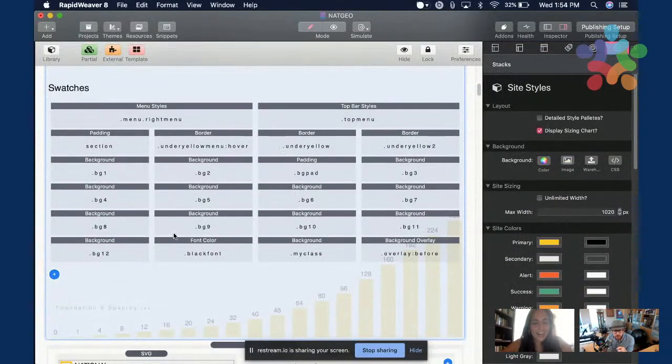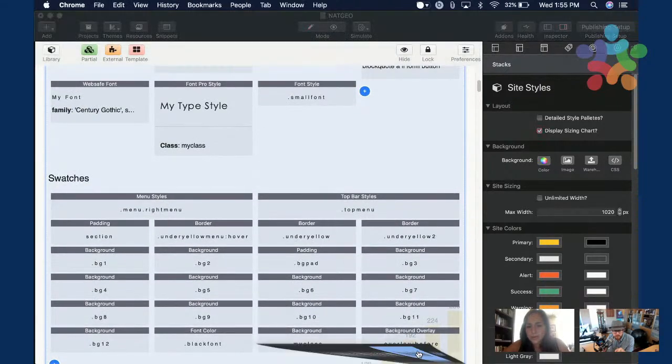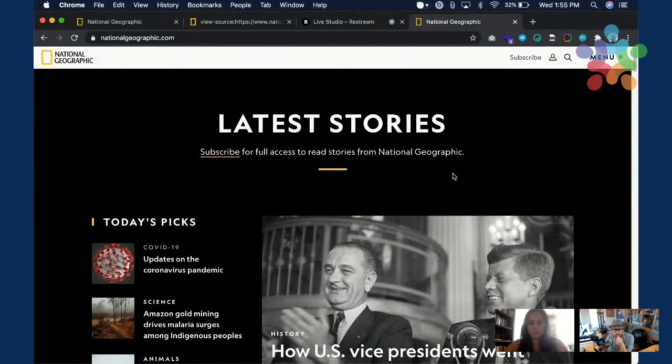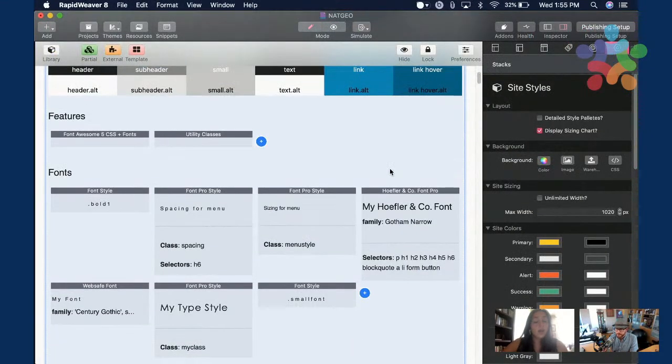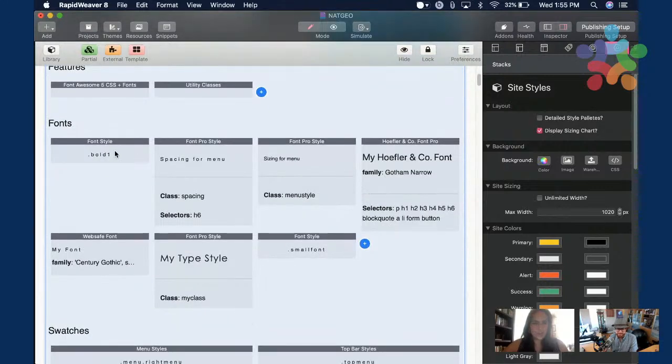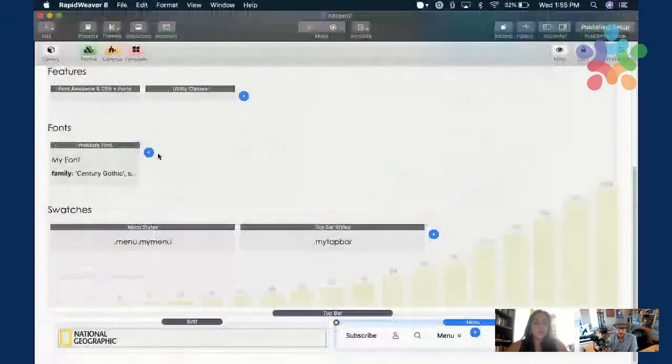Sorry. Can you click the hide button on that bottom toolbar that's at the bottom of your screen that says stop sharing? Can you click that hide button? Yeah, I did, but it did something weird. Oh, there it goes. Oh, okay. Sorry. Cool. No problem. I did it before, but I thought that it disappeared, but I guess it didn't. Oh, fonts. Duh. Okay, sorry. Sorry, threw you off.